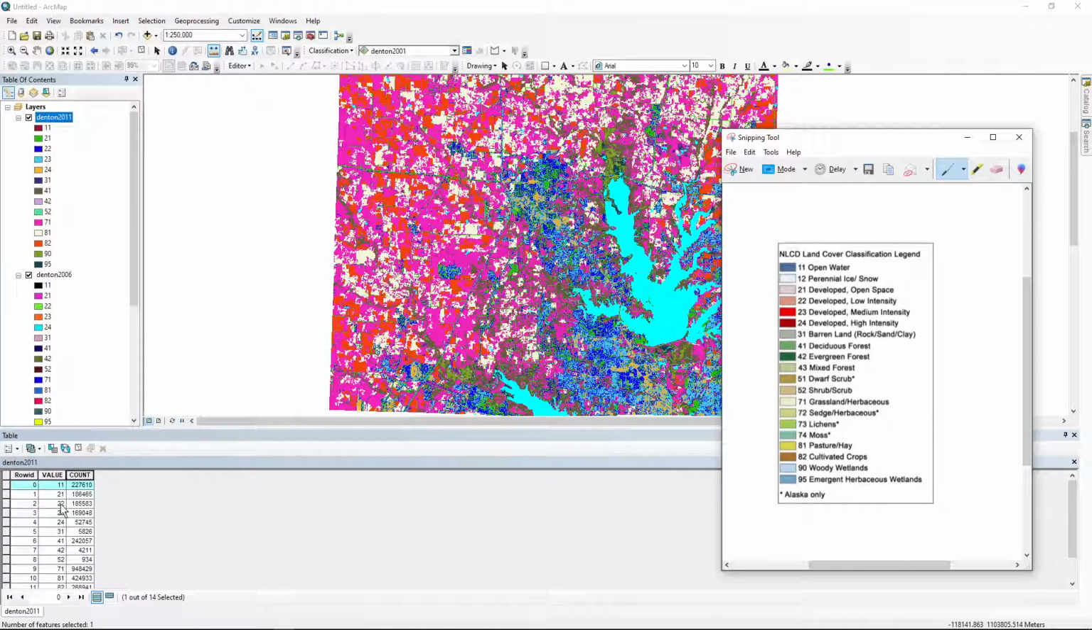For number 22, that's developed low intensity. 185,583 pixels represent developed low intensity, and so on. For 52, shrub and scrub, we see that only 934 pixels are in here. So the greater the amount of pixels you have here, the more space that it occupies on here. And we can see that by